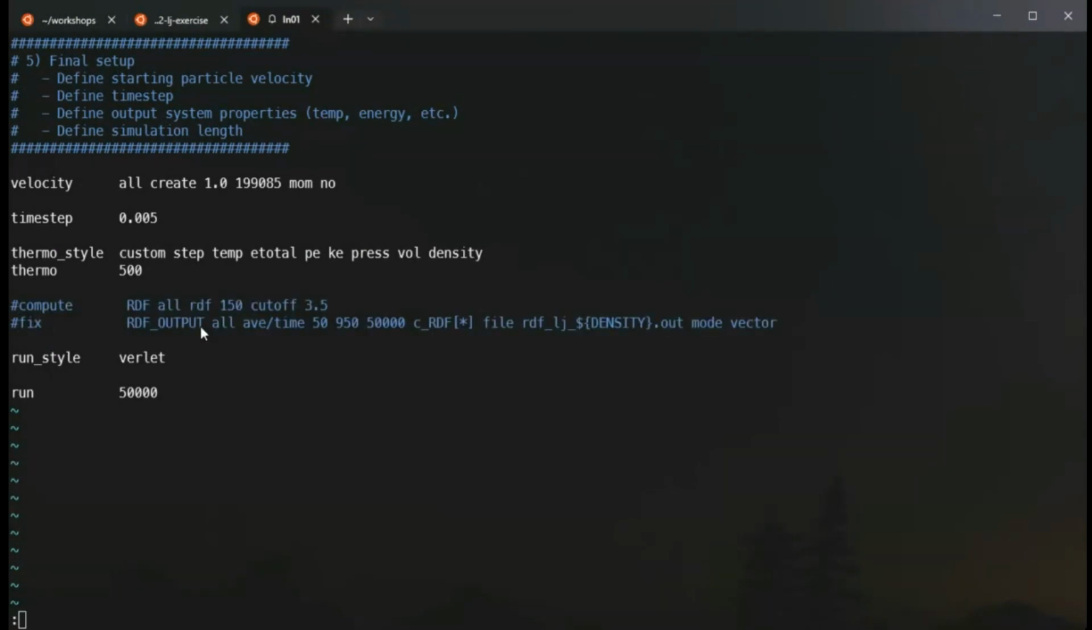I'm going to comment this out. We're going to take a look at that this afternoon and then explain in detail at that point. And finally, the run style just chooses, in this case, the Verlet algorithm. I believe that the default would be the velocity Verlet. And then finally,